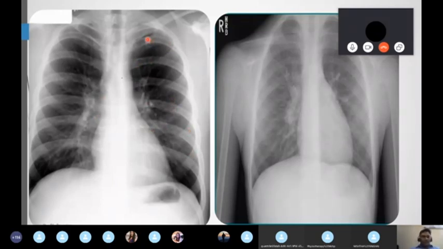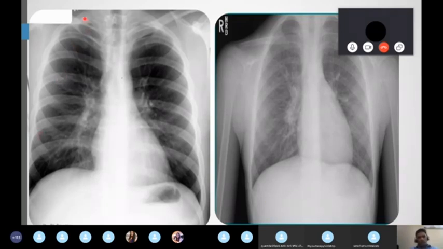So once again, let me repeat how to differentiate AP and PA views. Always keep in mind, in AP the scapula is always inside the lung field, and in PA it is always outside the lung field. The clavicle in AP is always horizontal, and in PA it is oblique. I told you the heart in AP is enlarged because the ray hits the anterior surface and it looks very big, but in PA it looks very sharp with well-defined borders. Coming to the gastric air bubble, most commonly you see it in the PA view, below the left diaphragm. In AP we never see the gastric air bubble. And next is the ribs.